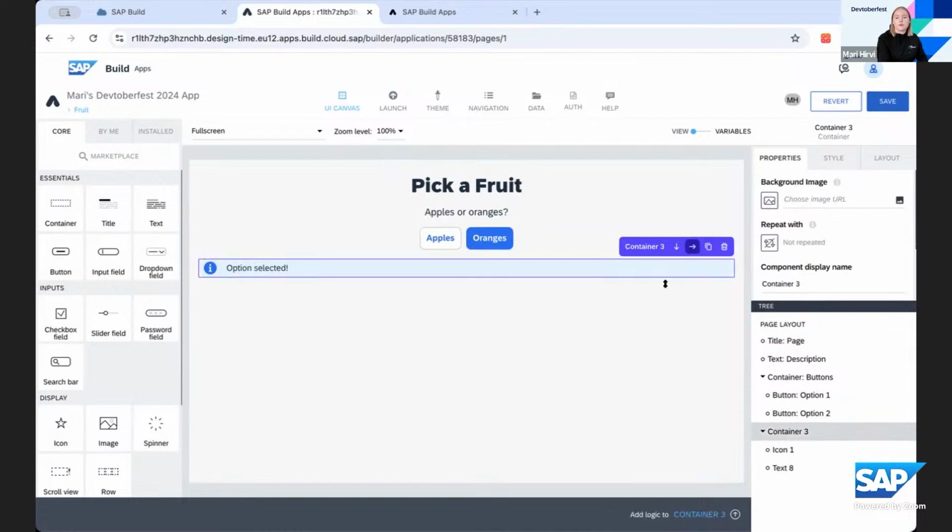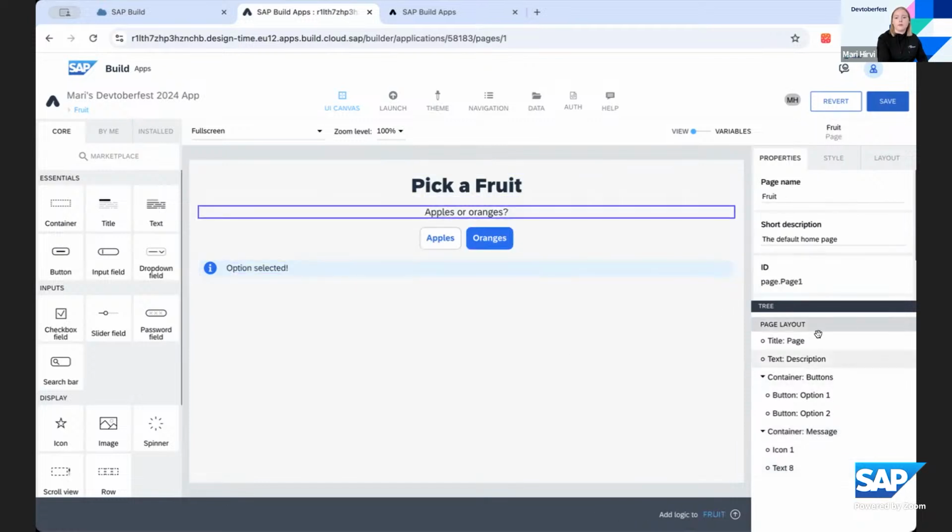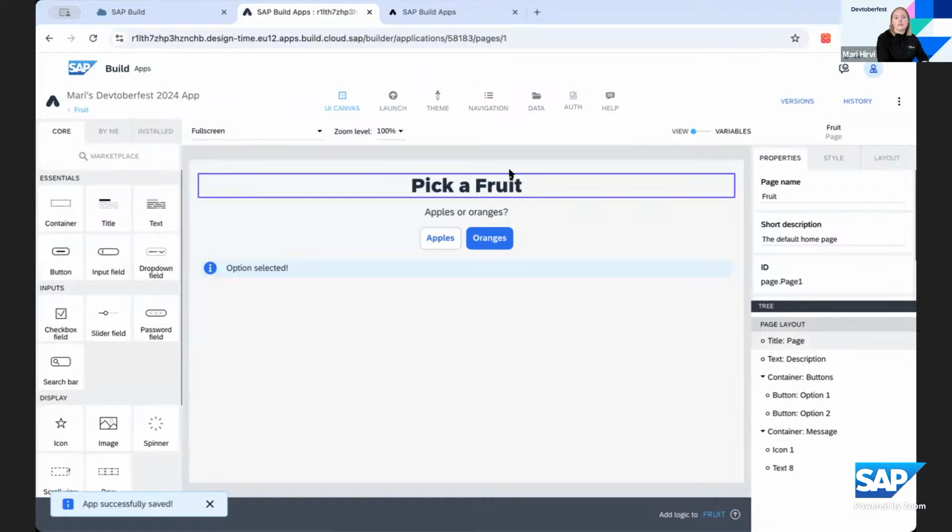So if you keep doing this while you're developing, it will help you keep better track, especially here in the tree of what your project's UI consists of. So that's the first tip that I wanted to share. Then